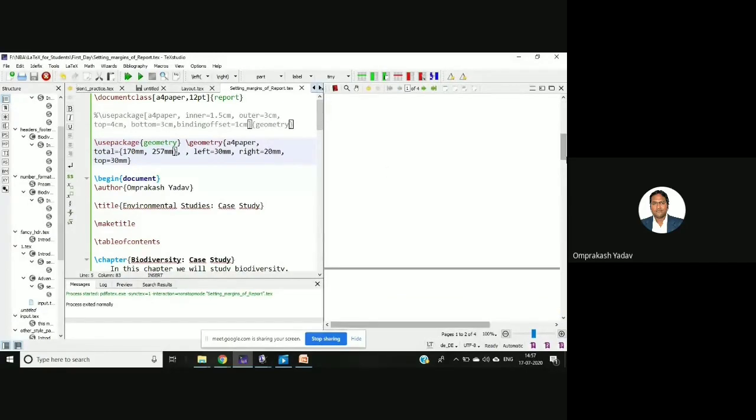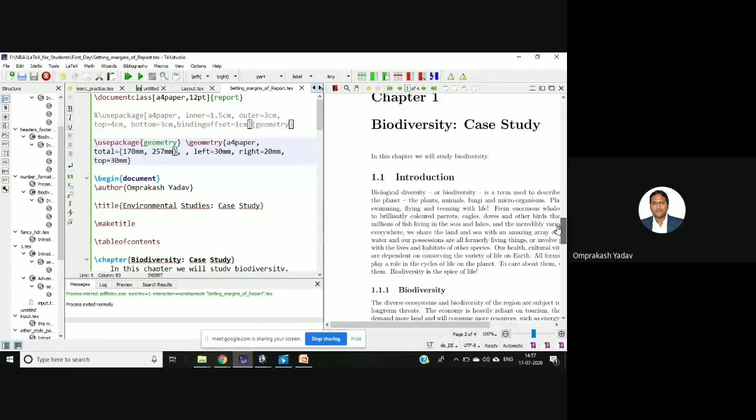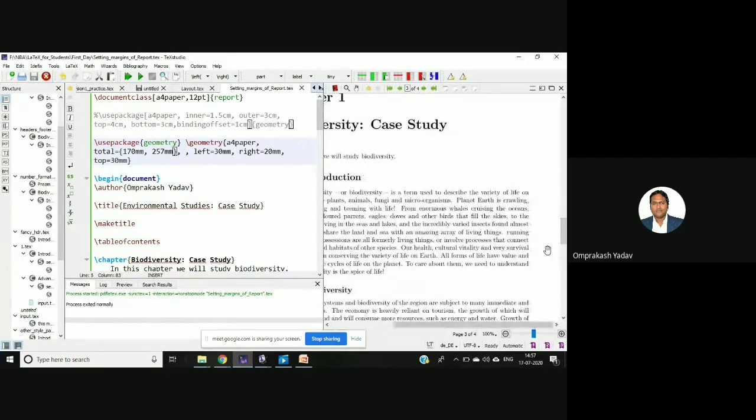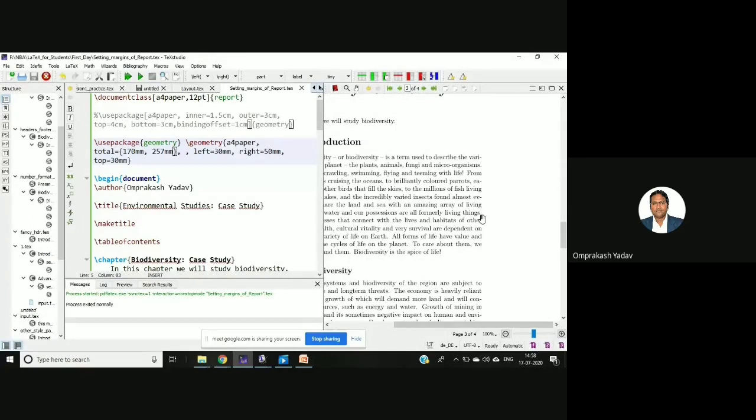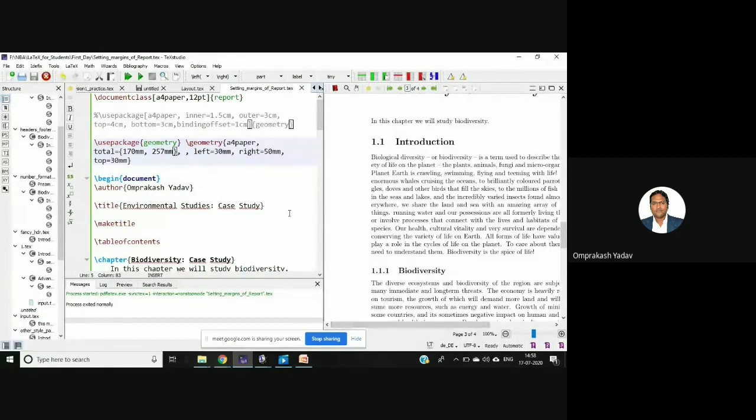So let's go there. Now see the margin, it's 20. Okay, earlier it was 50. Let me show you again. Now 50. Now see the margin is 20. I'm changing to 50. Run it again. And see the changes. Okay, so now it is 50. So like this, you can make the changes, right? This text file I'll be sharing with you, and then you can see the effect. And keep in mind whatever changes you are doing, because ultimately you will have